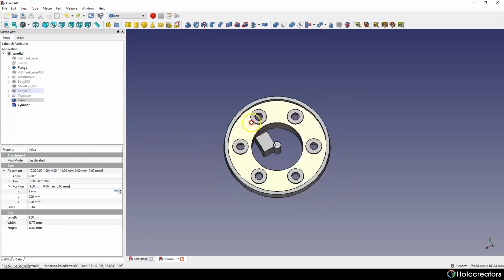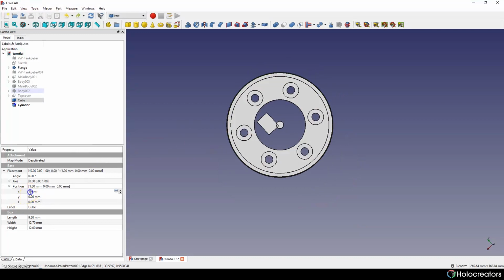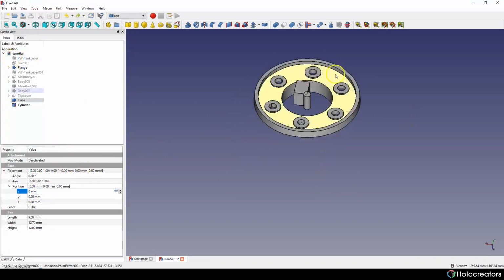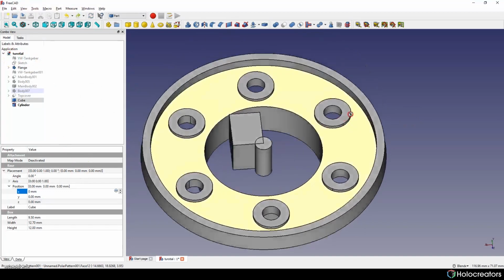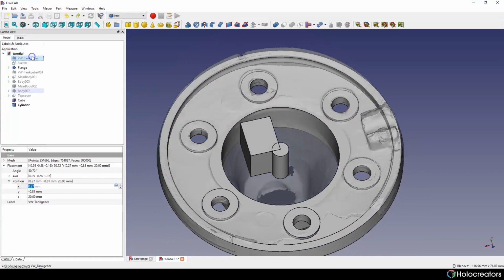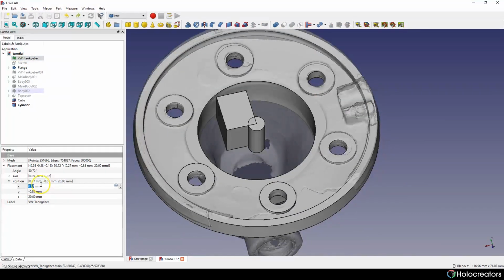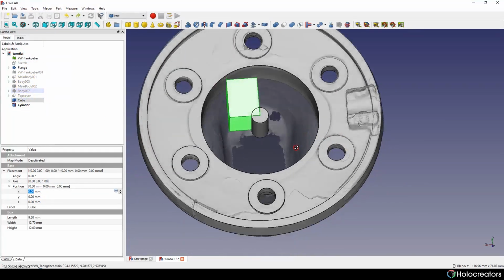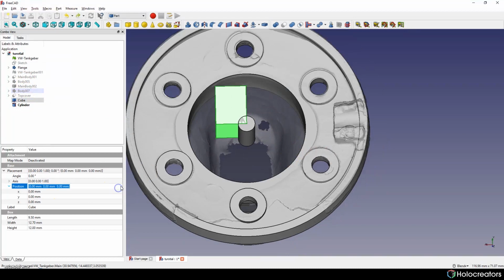Sometimes it can happen. We need to restore the parameters of our cube. So, okay, let's try to do it again.